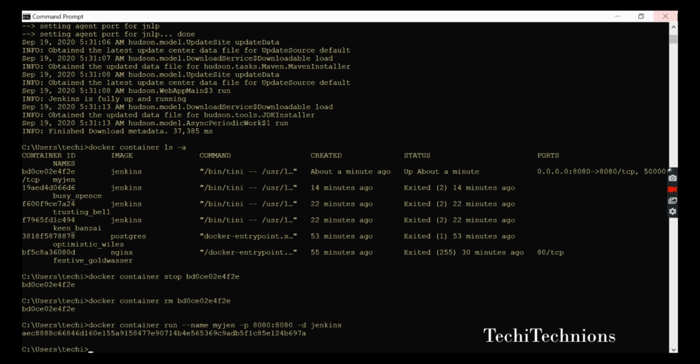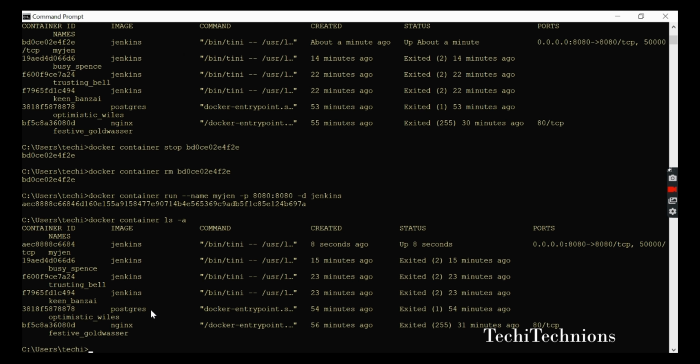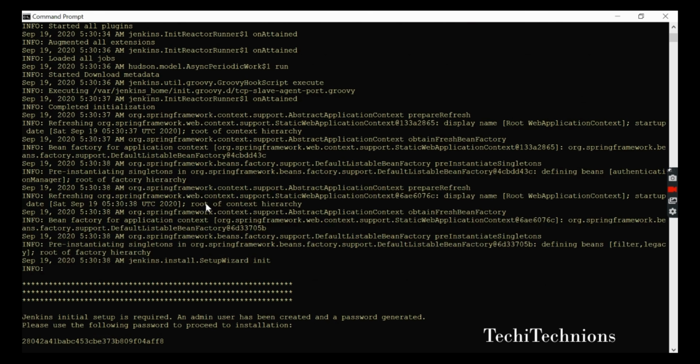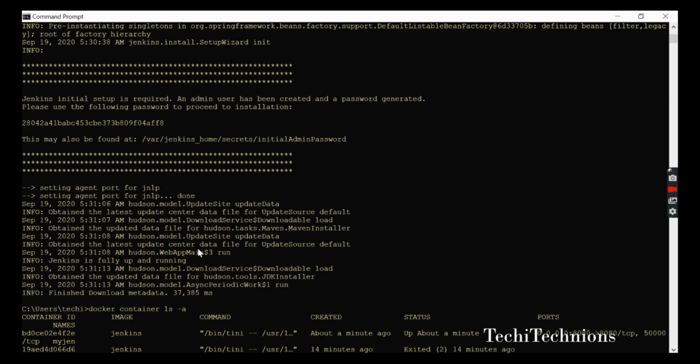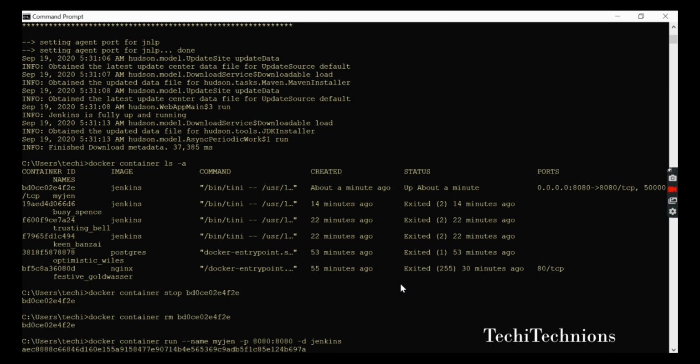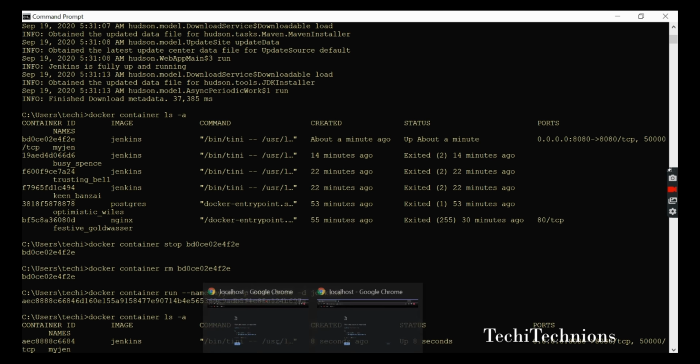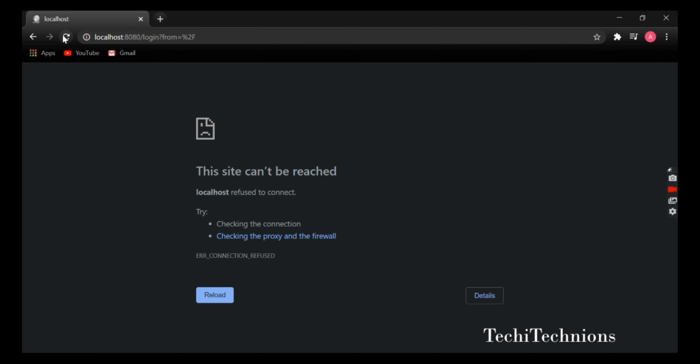So what we got is that the container is running, we got the container ID, and when we check, see again, my gen is running and it was started just moments ago. But these processes which we saw earlier, now it's running in the background, so you need to give it some time to configure, and then when you go to Jenkins again, you will be able to see all the details.